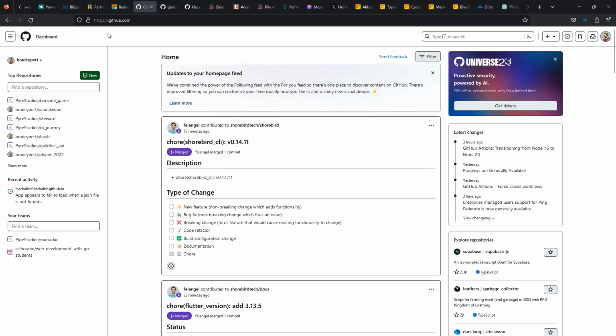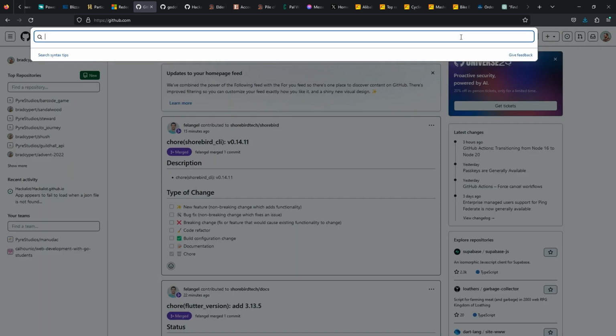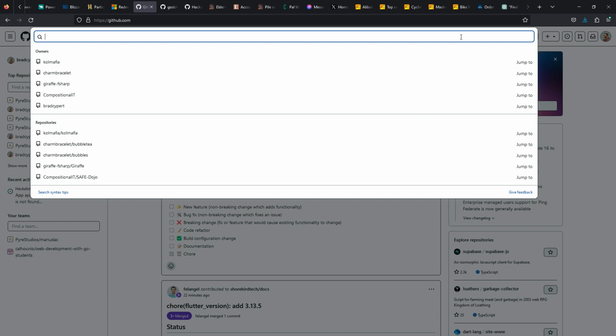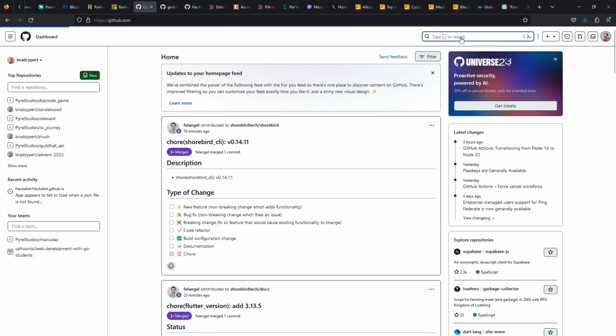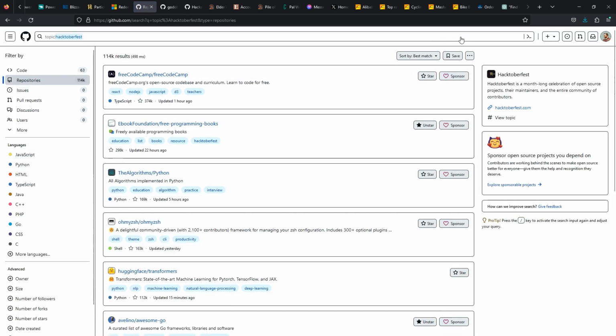Great. So we're going to start by pulling up GitHub. Just go to github.com, and in the top up here, you should have a search bar. Go ahead and click on that search bar, and then we're going to search for a couple different things. The first one is we're going to type topic Hacktoberfest. If we do this and do a search, we're going to find anything that has the Hacktoberfest topic,